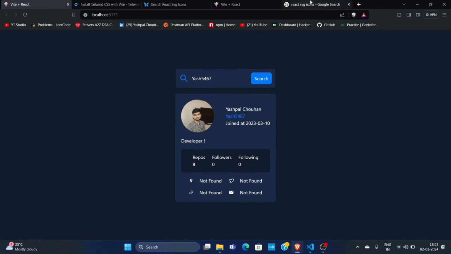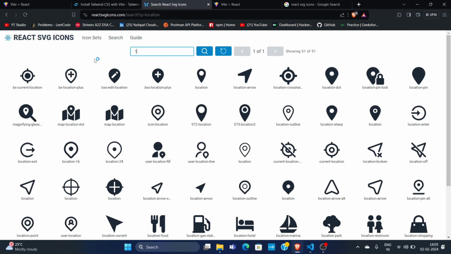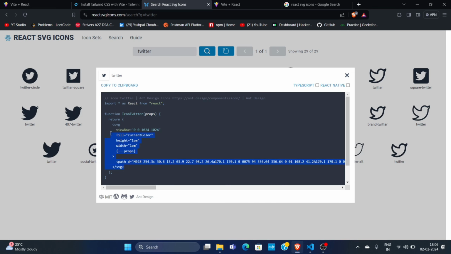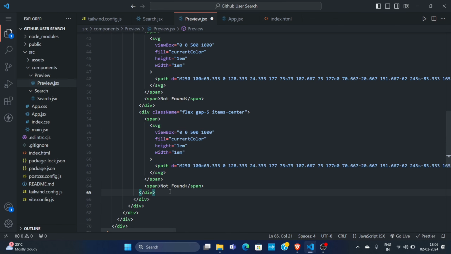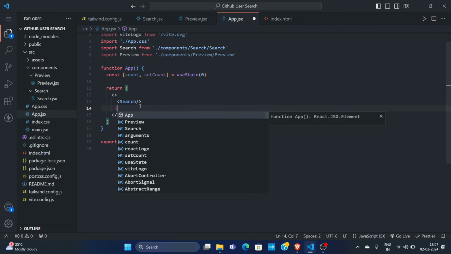and we need the Twitter icon. So let's get it from React SVG icons. So write Twitter here, Twitter, and now copy the Twitter icon, copy and replace the SVG. So I will replace it, and now let's remove the props and import the preview inside app.jsx. So preview,